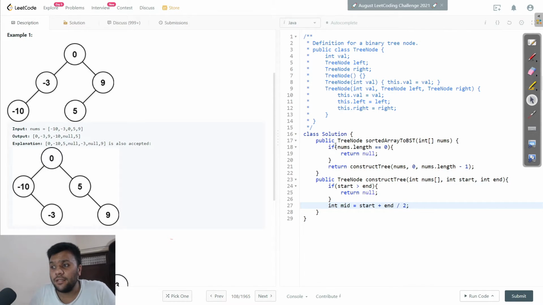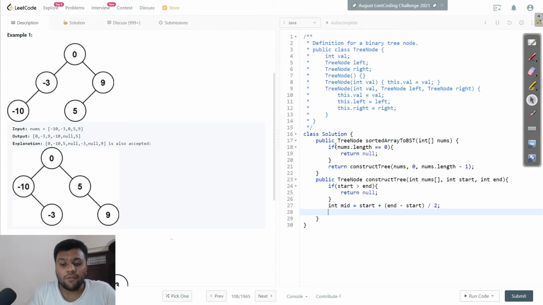To avoid that, I will do it like this: start plus (end minus start) divided by 2. This helps us avoid integer overflow, but you can do it the other way as well, depending on the constraints they have given. I'm just using it to play it safe.